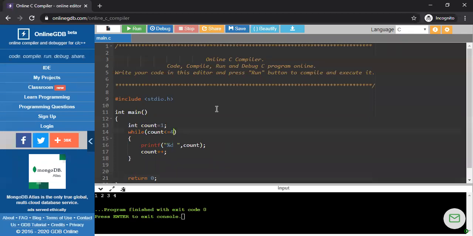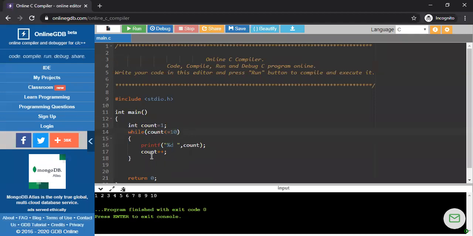Okay, so here if I print up to 10, then it will show me that type of value. Whatever my output is, it totally depends on my program statement and my condition. Because here I'm writing count less than or equal to 10, it will continue up to 10.